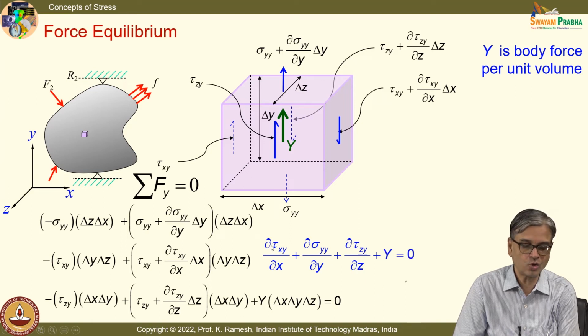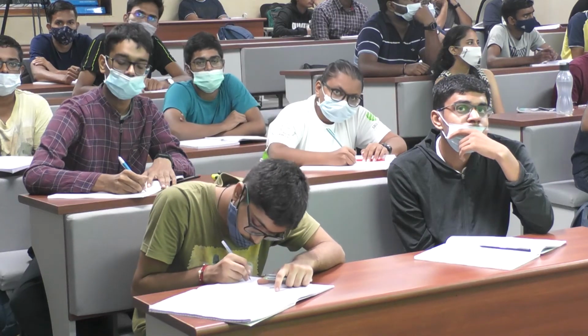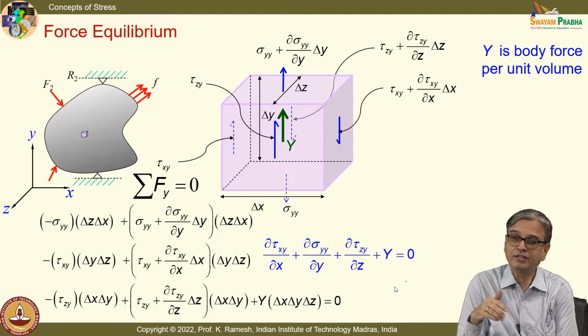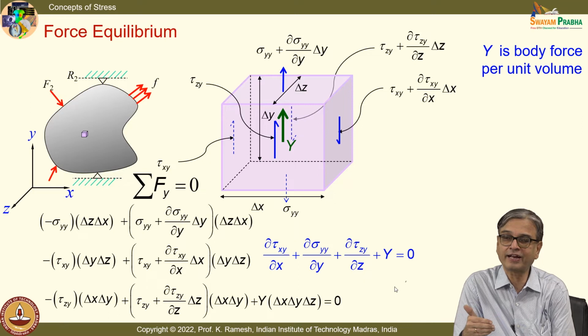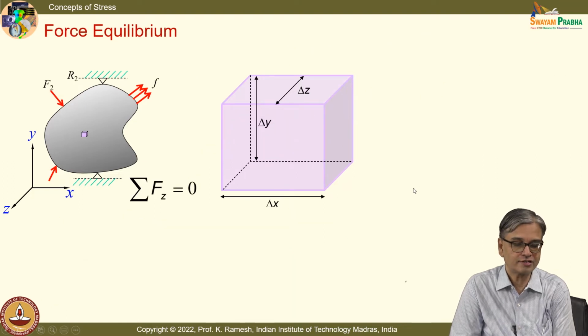I have this as dou tau xy by dou x plus dou sigma yy by dou y plus dou tau zy by dou z plus the body force Y equal to 0. Even before writing this, if you look at the cyclical form of writing, you can write for the z direction. But nevertheless, we will have a look at the forces individually. We will develop what is sum of Fz equal to 0. We start from the z direction,